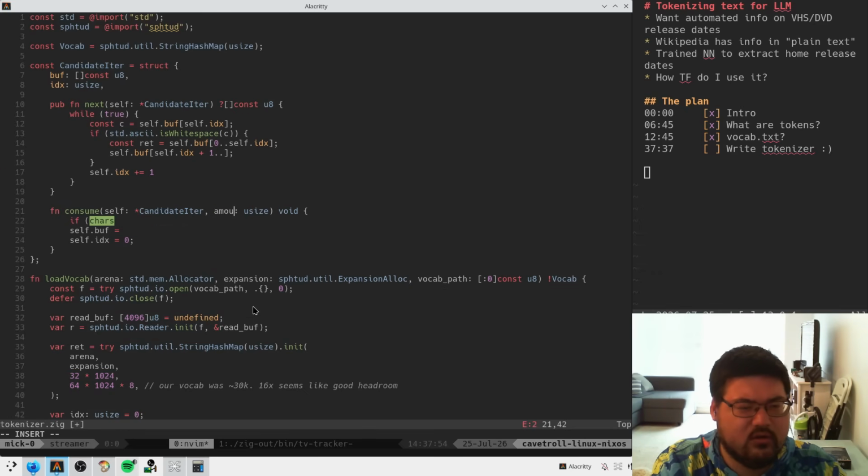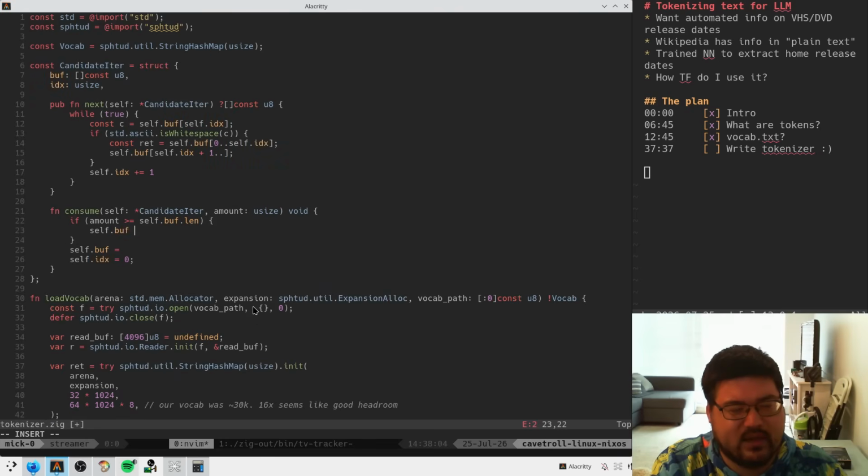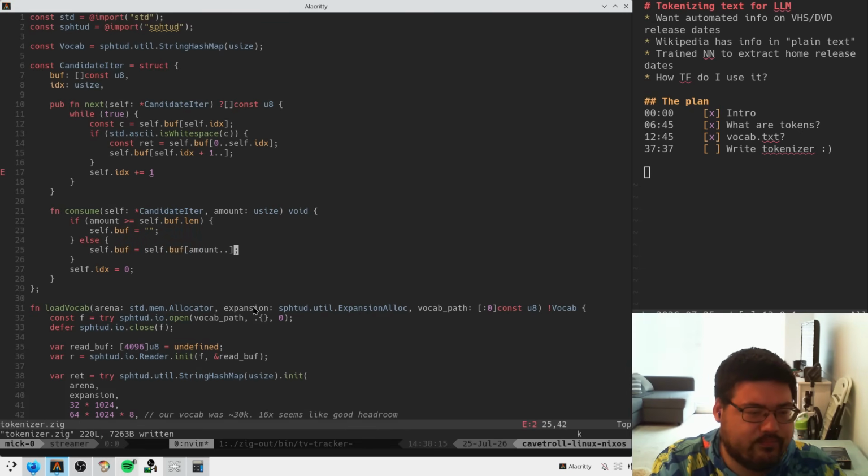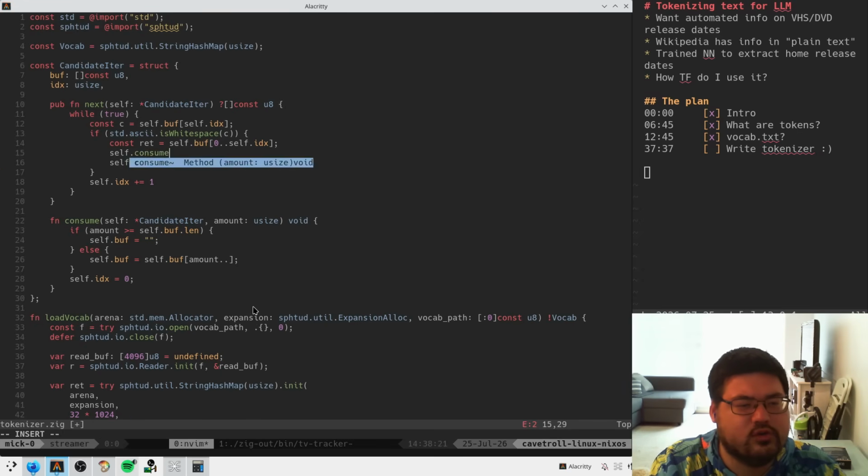If amount is greater than or equal to self buff len, then self buff becomes an empty string. Otherwise, we can move the buffer to amount onwards. Easy. And then now we can say here self consume